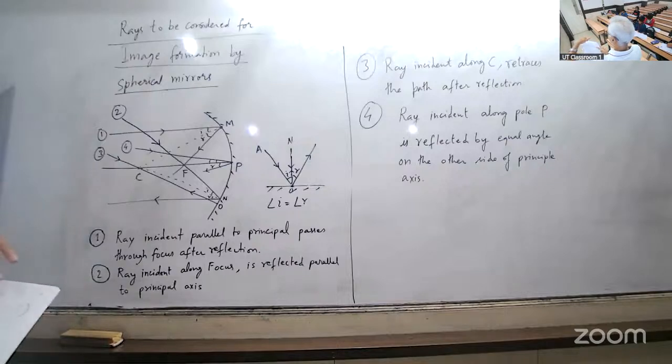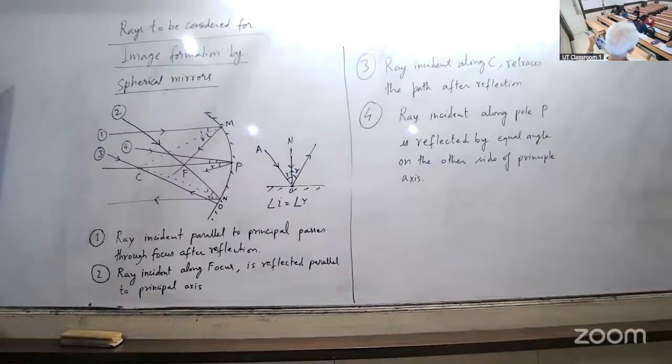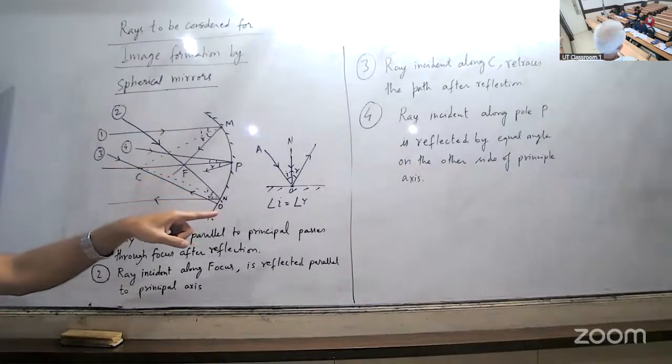तो जो सी से जाएगा वो सी से वापस आएगा। ये हमारे इसमें थर्ड नंबर, हमारे वॉल्यूम में फर्स्ट है। सेकंड क्या दिया? और ये दोनों मिरर के लिए, कॉन्केव के लिए भी और कॉन्वेक्स के लिए भी बताया। कॉन्वेक्स के लिए अगर कोई सी की तरफ जा रहा है तो यहीं से रिफ्लेक्ट हो जाए। ठीक है। अब ये क्या है? रे पैरेलल टू प्रिंसिपल एक्सिस। रिफ्लेक्ट होने के बाद कहाँ जाएगा? फोकस। ये हमारा रे वन है। ठीक है। वैसे ही तुम्हारा कॉन्वेक्स में भी होगा। कॉन्वेक्स में कैसे? रे पैरेलल टू प्रिंसिपल एक्सिस, रिफ्लेक्ट होके कहाँ जाएगा? अवे फ्रॉम फोकस। अब इसमें फोकस दिखाया नहीं, ये अवे फ्रॉम फोकस है। जो रिफ्लेक्टेड रे को एक्सटेंड करोगे तो फोकस पे जाके मिलेगा बिहाइंड द मिरर। ठीक है ना? तो कॉन्वेक्स मिरर में वैसा आएगा।